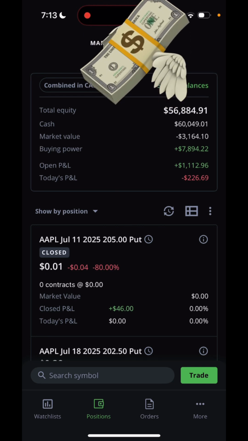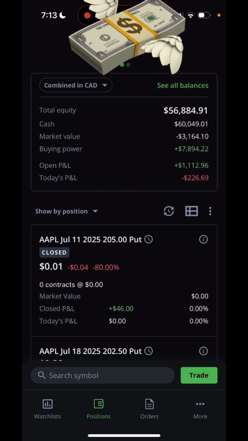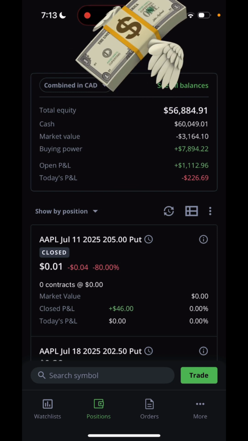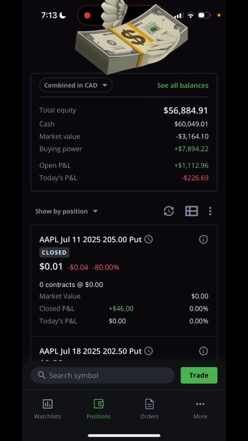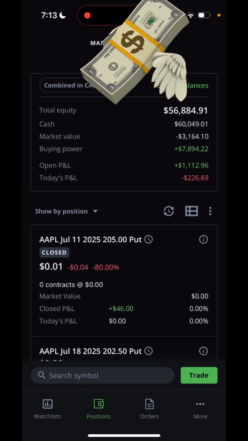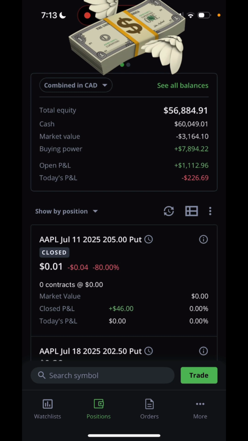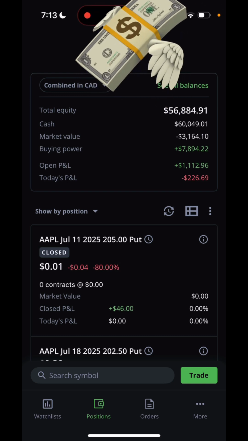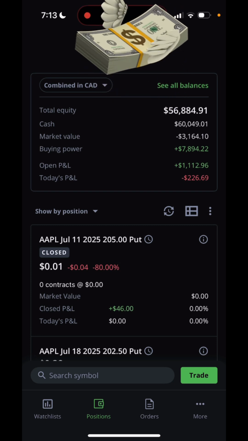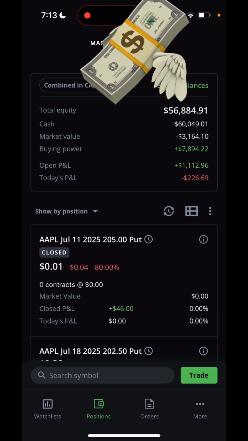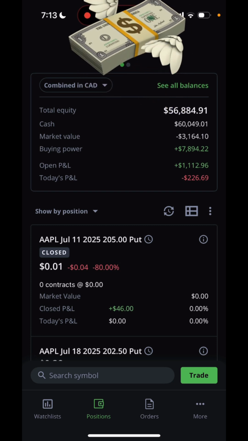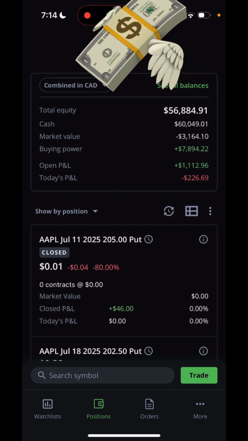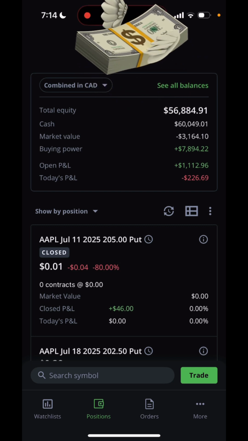So, as of the close today, the account is sitting at total equity of $56,884.91. The total cash value in CAD is $60,049.01, and the market value is negative $3,164.10. I don't know if there's a glitch or something, but pretty much during the day, it'll trade like the